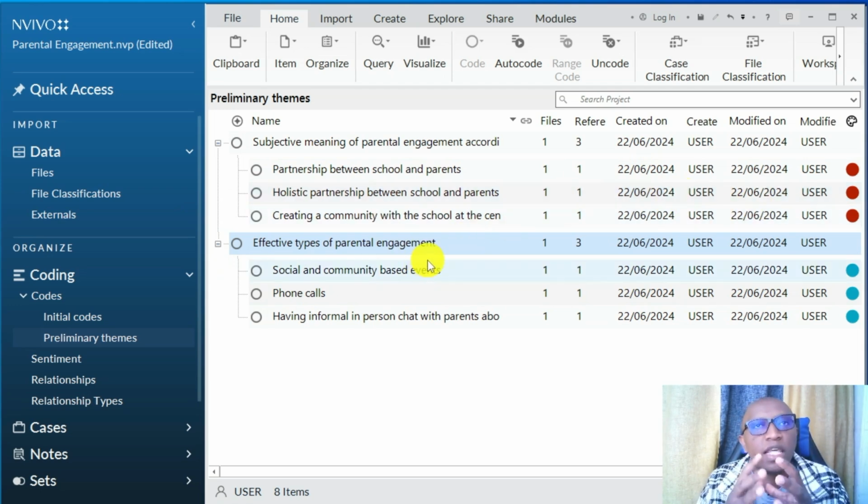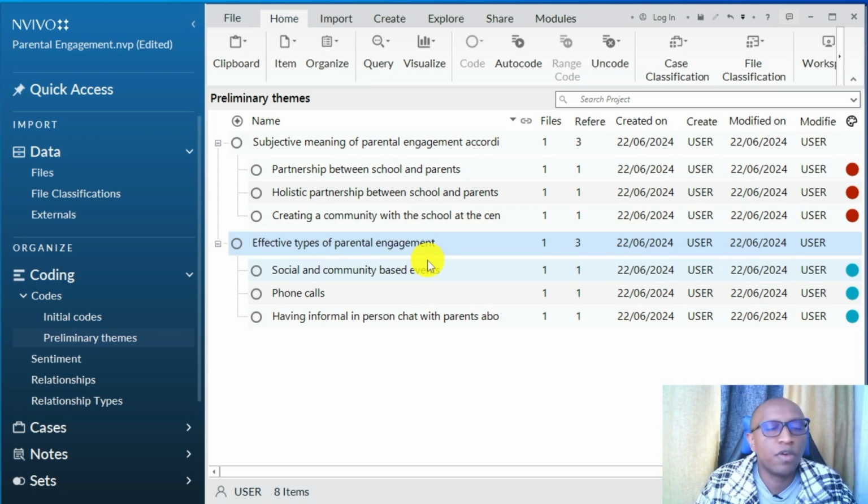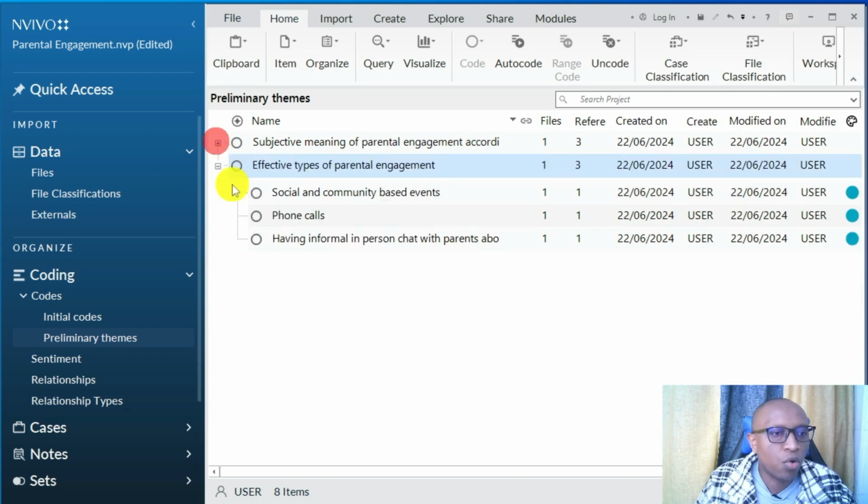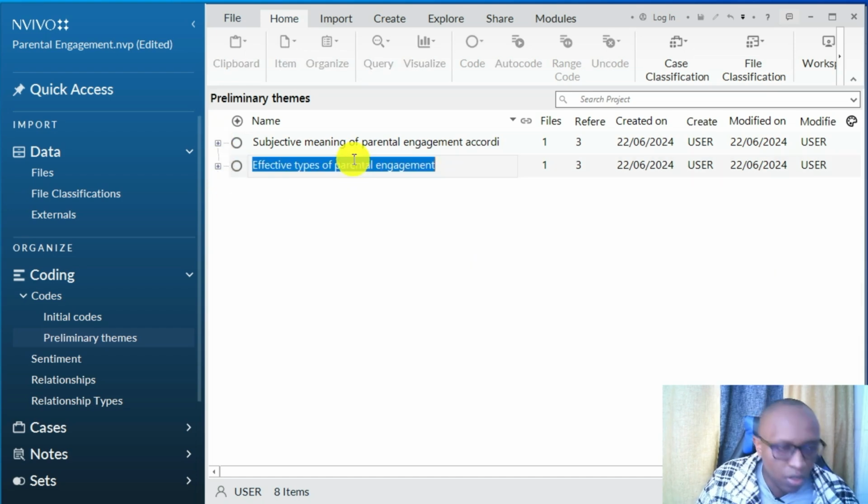So that's the third step of Braun and Clarke 6-step framework for thematic analysis, which is generating preliminary or provisional or initial themes. Let's move to the fourth step of the Braun and Clarke 6-step framework for conducting thematic analysis. The fourth step is revising and reviewing the themes. Now we are going to copy these themes, Control A,